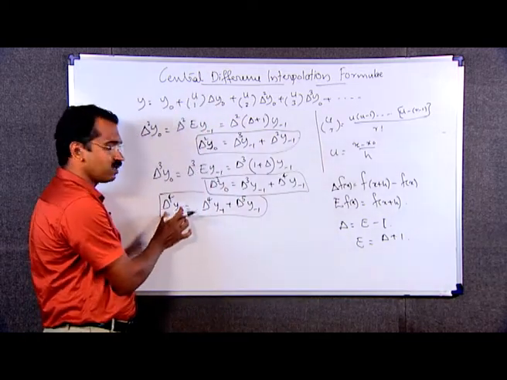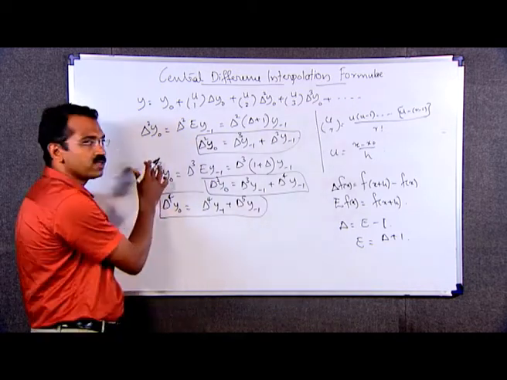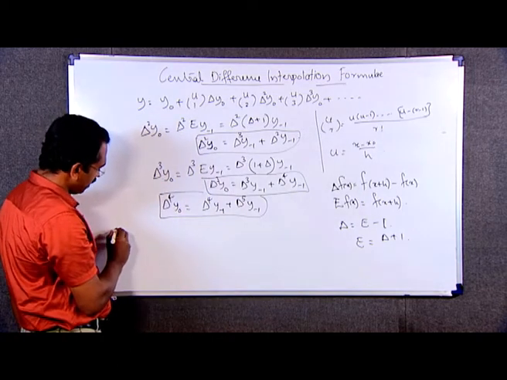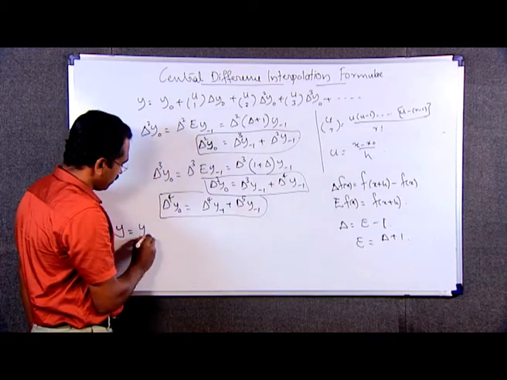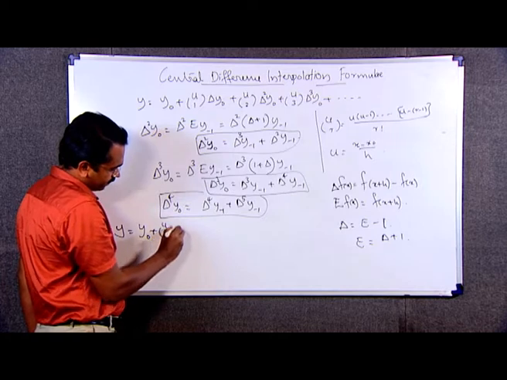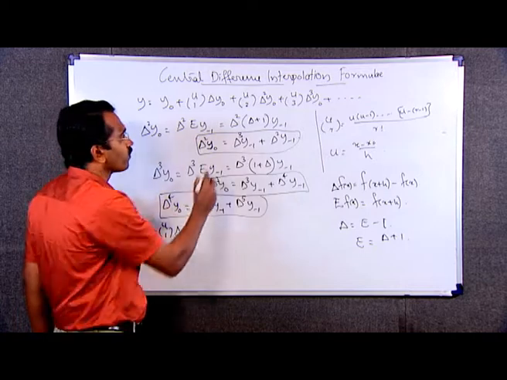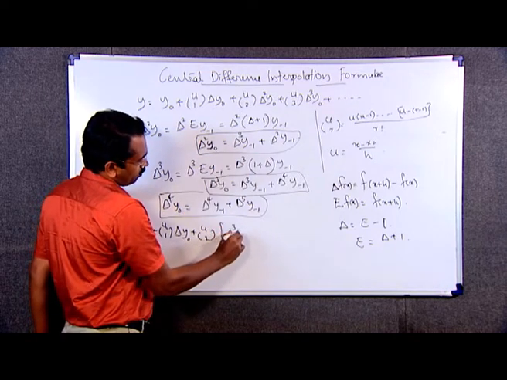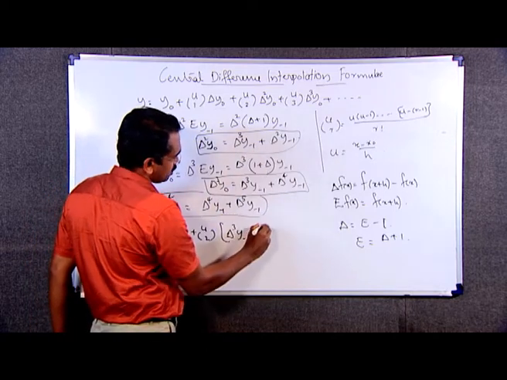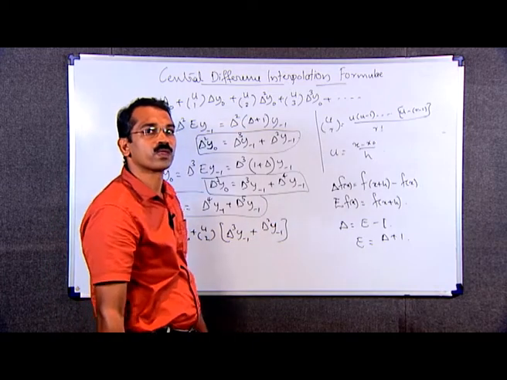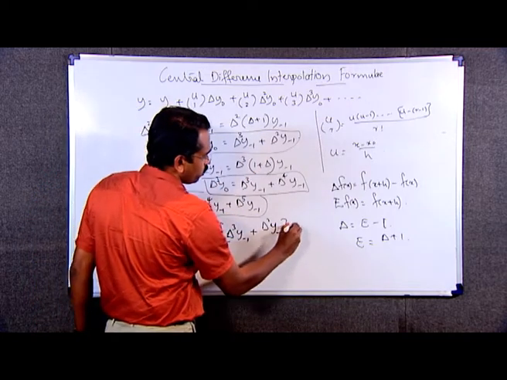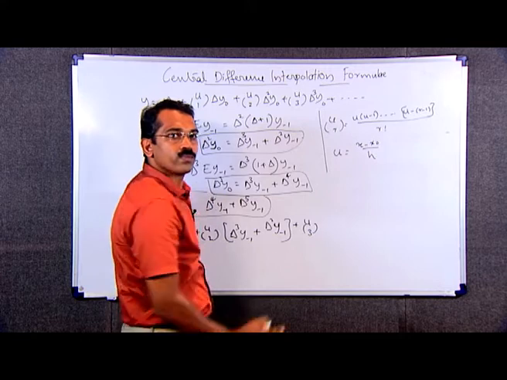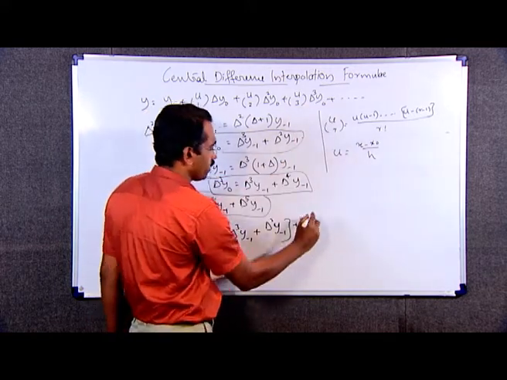And we can express all the differences like this. Using these values in this Newton's forward difference formula, we can write y as y is equal to y naught plus uC1 delta y naught plus uC2 into delta square y naught, that is delta square y naught is delta cube y minus 1 plus delta square y minus 1, plus uC3 into here delta cube y naught, which is delta cube y minus 1